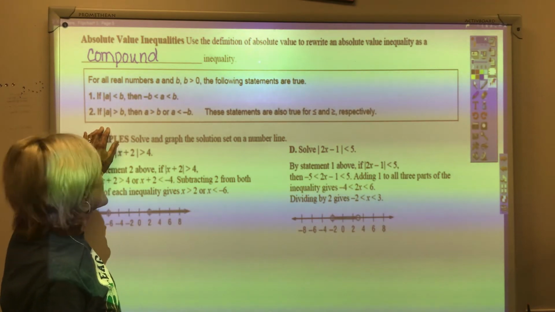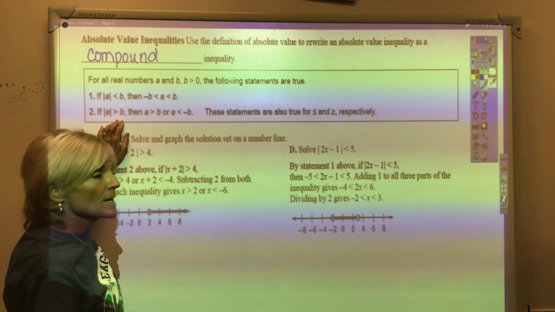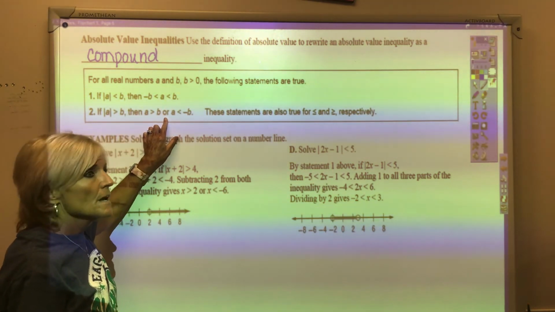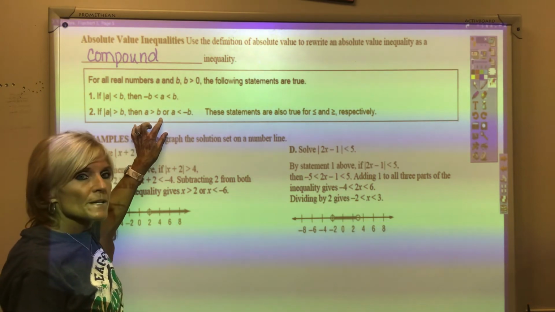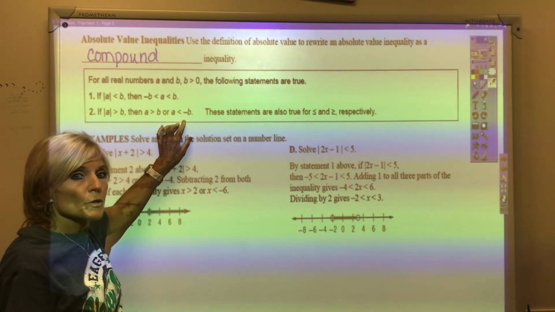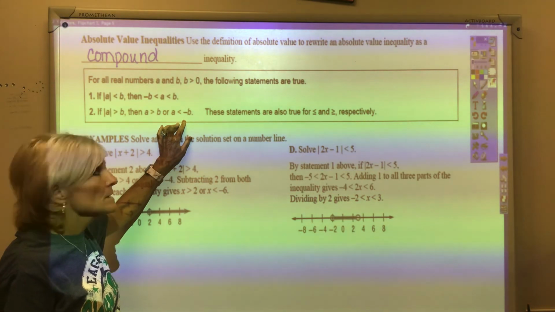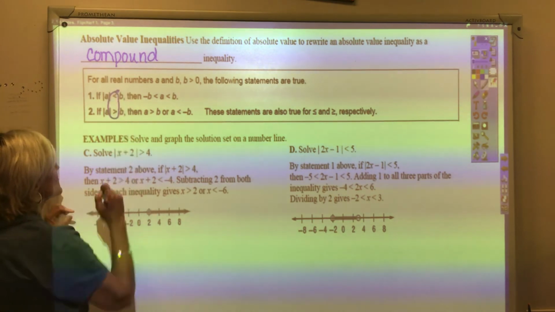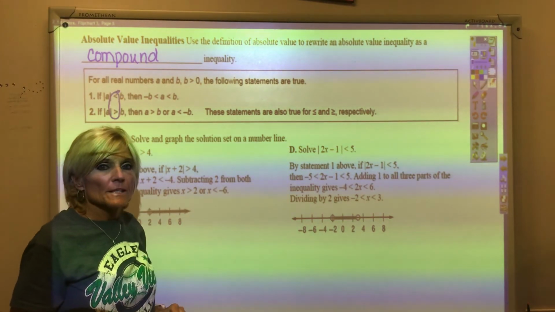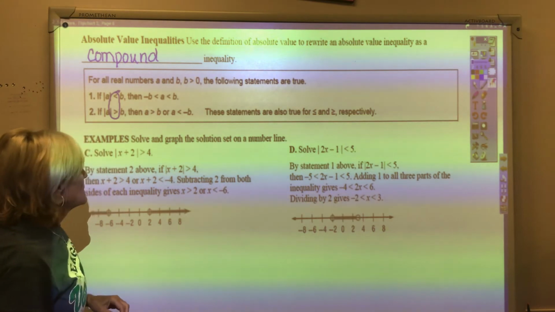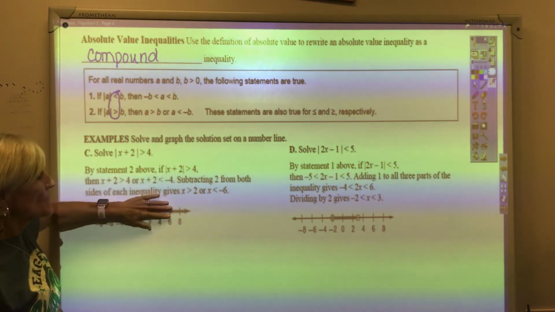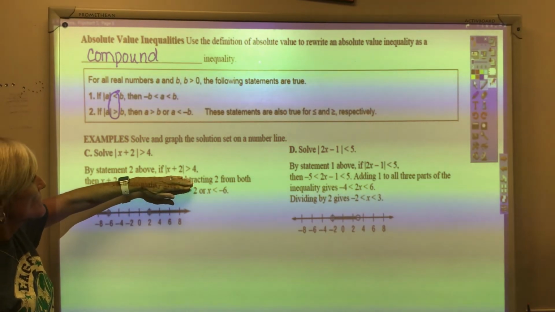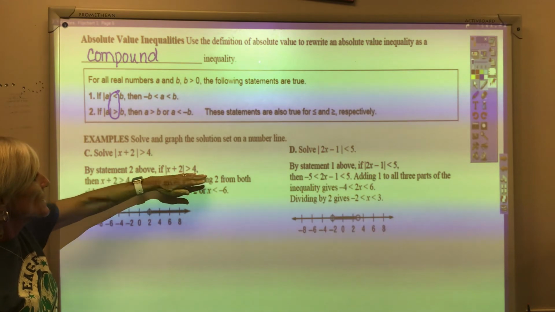If, on the other hand, the absolute value of A is greater than B, then we have the OR compound inequality. A will be greater than B, or A will be less than negative B. So you have to look at these really close to see which kind of inequality we have. On the first example that's given for us, since our absolute value of x plus 2 is greater than 4,